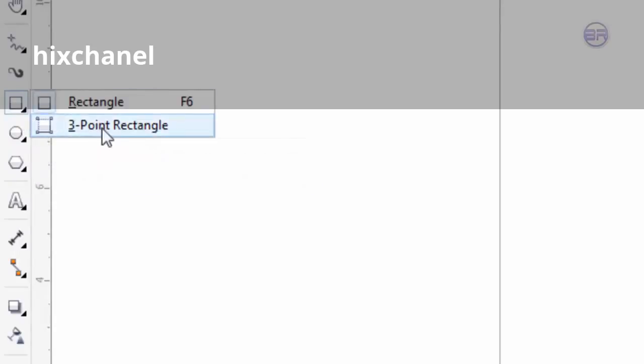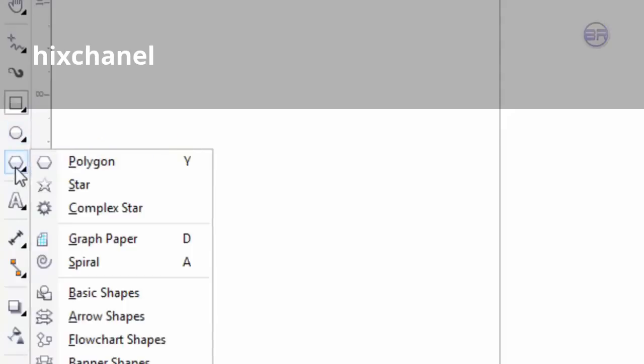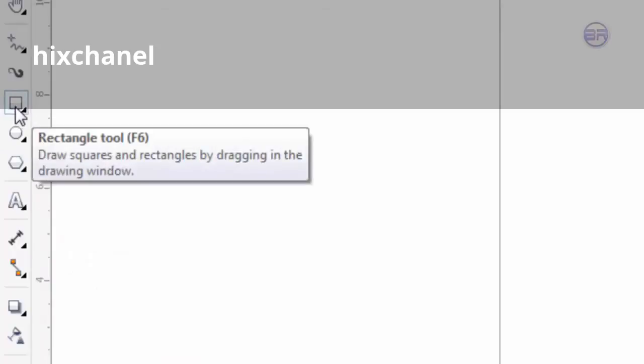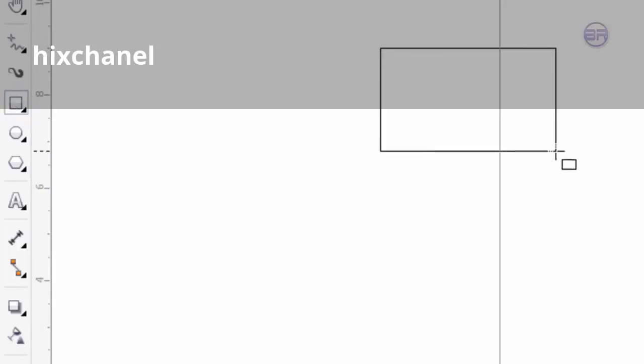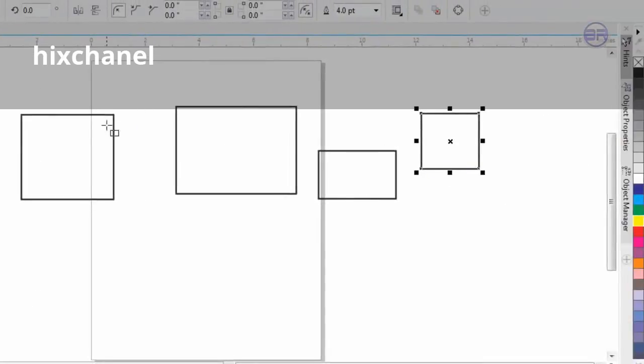So I will just click. You can see the 3-point rectangle tool and the 3-point ellipse tool, and some other tools inside the polygon tool, like star, complex star, graph paper, spirals and other things. But first is the rectangle tool, and the shortcut key for this is F6. You just click and drag here, as many rectangles as you want. By default this is the outline, whose size we have increased here. So it will create this kind of